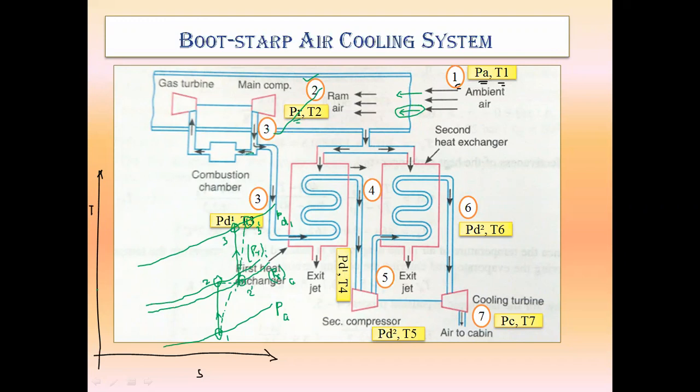Part of that outlet of the main compressor will be supplied to the combustion chamber to run the gas turbine, or in terms to run the main compressor. We are not going to bother about this. We have to consider the process where we are cooling the air. So the outlet of this main compressor will be supplied to the first heat exchanger. Now what will happen inside the first heat exchanger? That compressed air will pass through the coil, and over that coil there will be ram air. As that ram air has a lower temperature as compared to the compressed air, a constant pressure heat rejection process will take place.